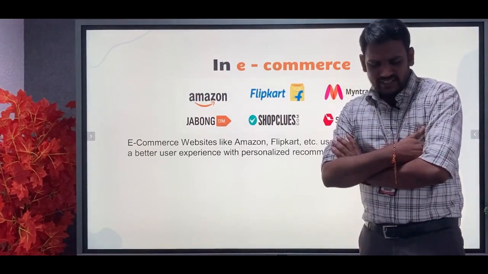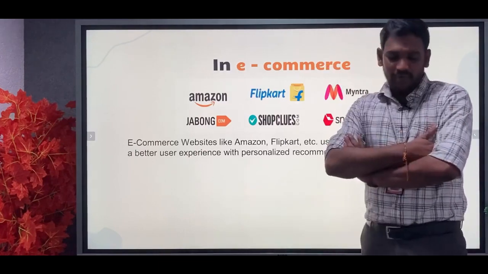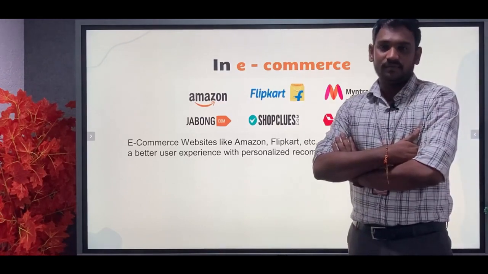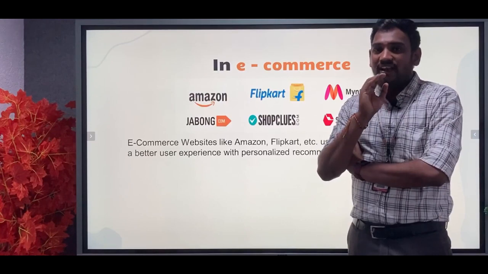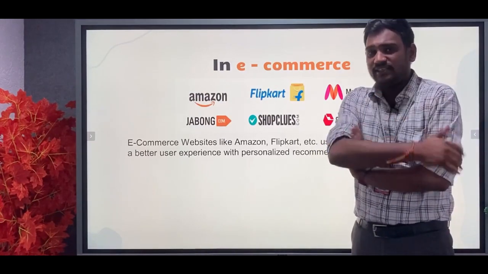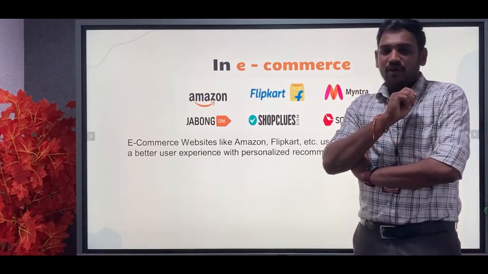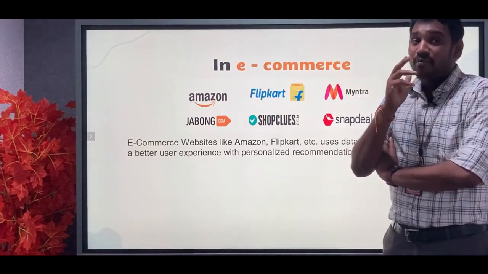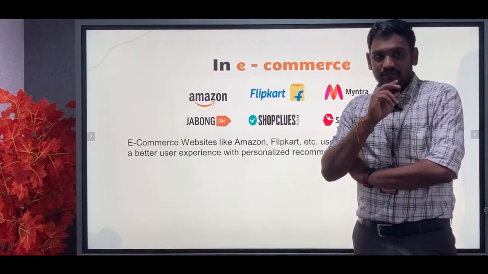I will tell you a small example from my own experience. A few years ago, I was in the habit of using Flipkart. That time, whenever I purchased a mobile, it took a lot of time to come to my home. It took nearly 15 days. But nowadays, if I purchase a mobile, it comes within 1 or 2 days. How does it happen? How did my dream come into action? It is because of data science.